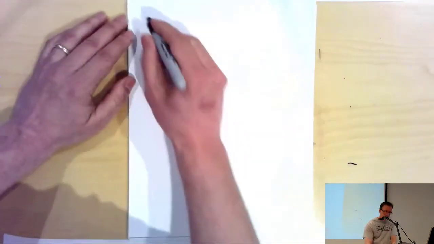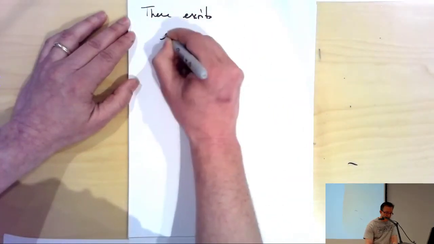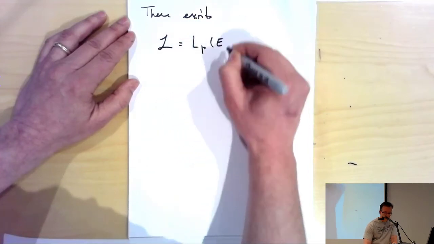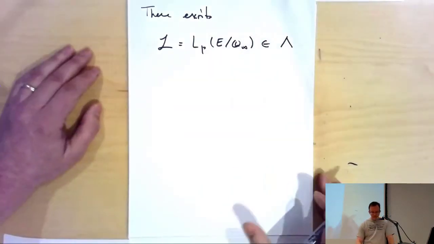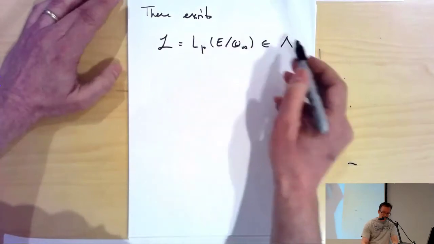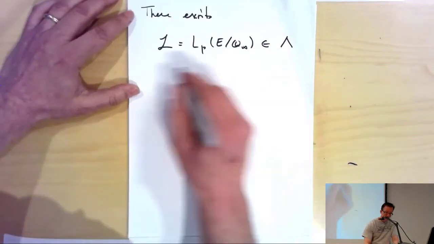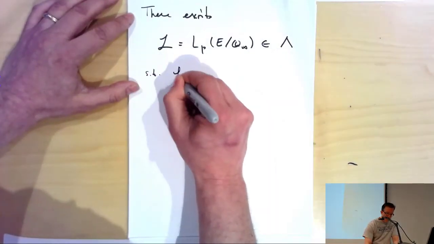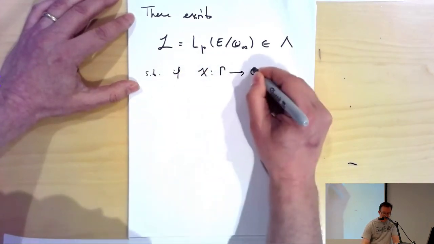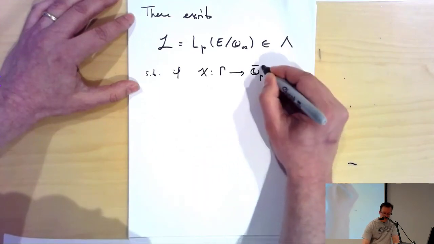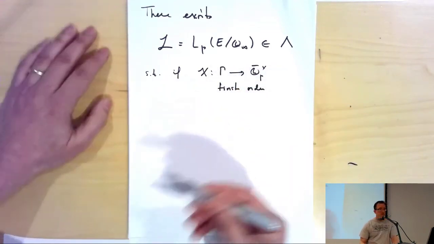So there exists a function L, maybe L_p(E), probably I call it something like this in the notes, in Lambda, which satisfies a certain property that shows that it interpolates values of this type, such that if we take one of our finite order characters, chi: Gamma to Q_p bar^×, of finite order, and again I'm going to use this abusive notation to think of this